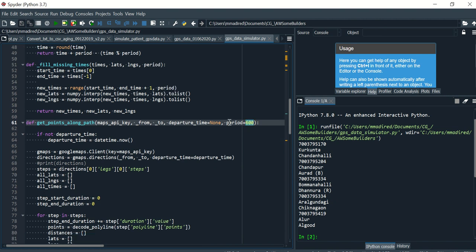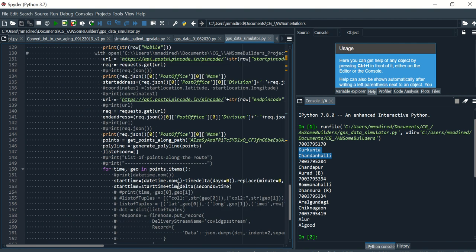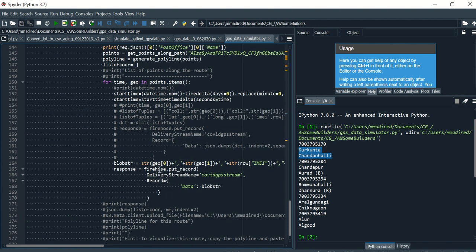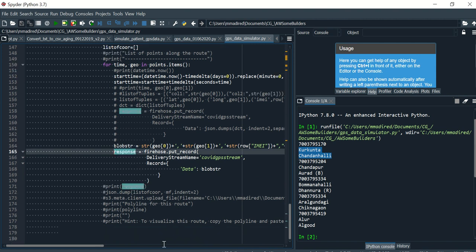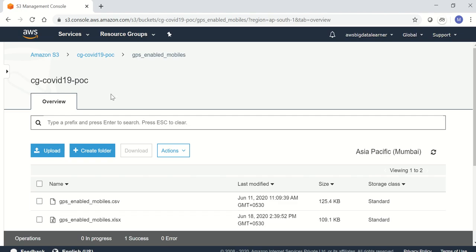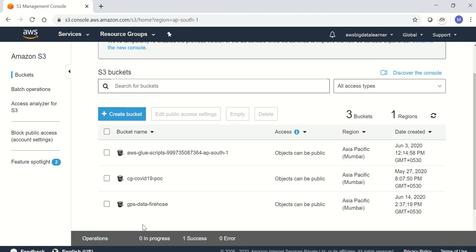Now we have taken 10 minutes between these two locations for this mobile, patient 1850. For this patient, the lat long coordinates will be sent to the Kinesis Firehose stream, which will send the records to S3 as a destination. Now let's see how the data looks.